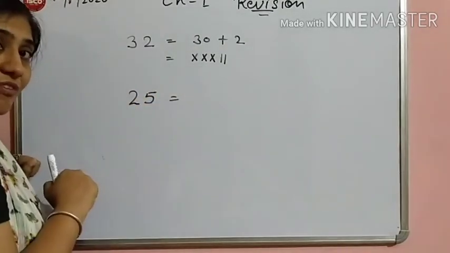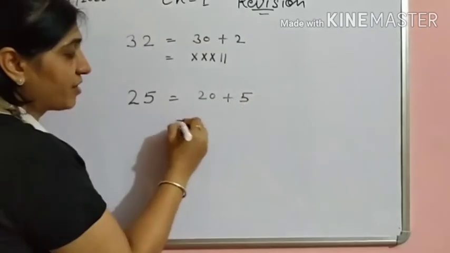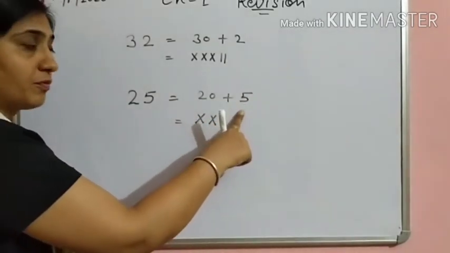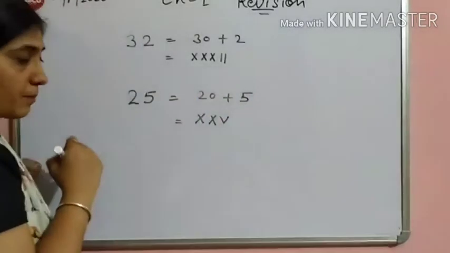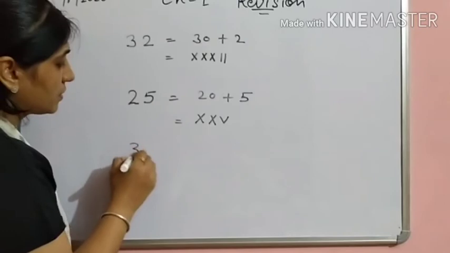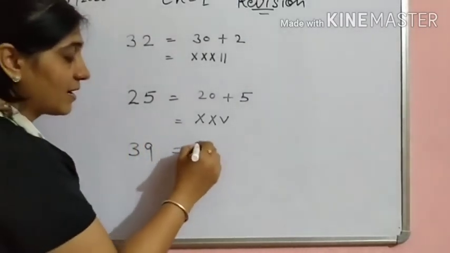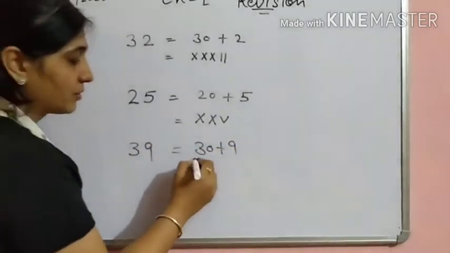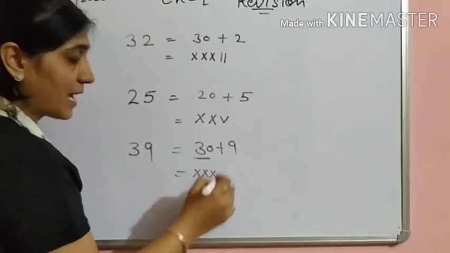How can I write the 25? 20 plus 5. It means X, X, and what is the symbol for 5? Yes, V. Okay, 39. How can I write the 39? 30 plus 9. How can we write the 30? We will repeat X three times and 9,